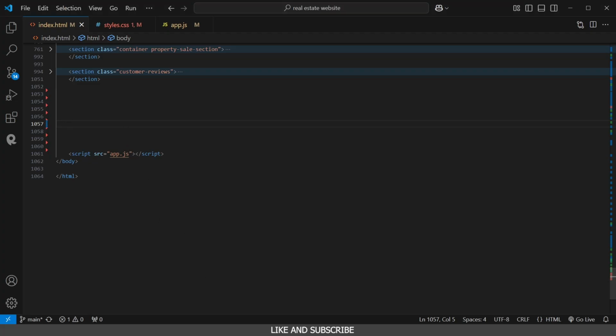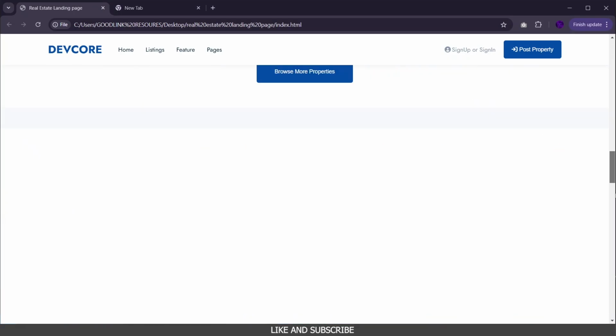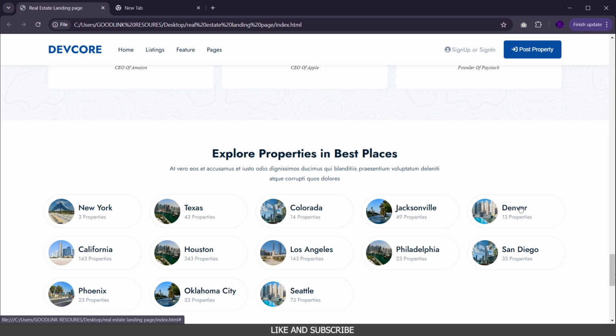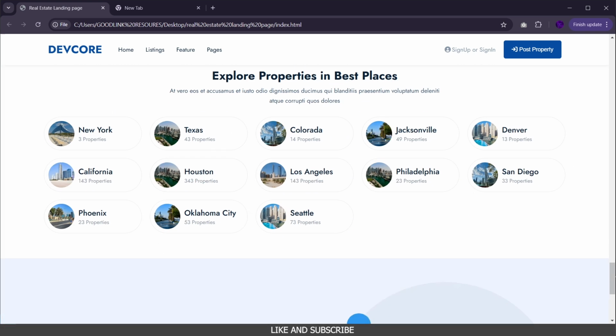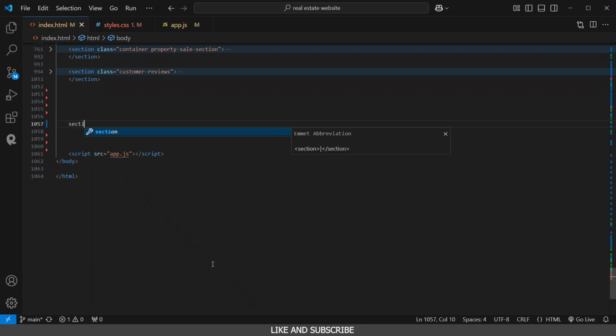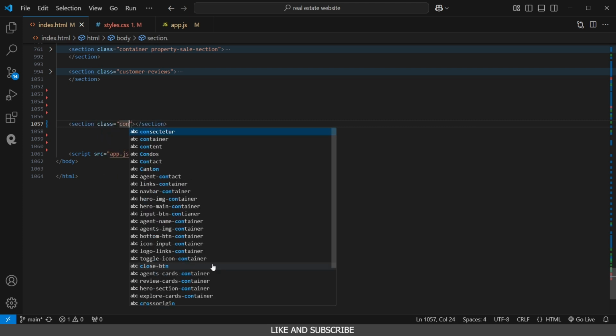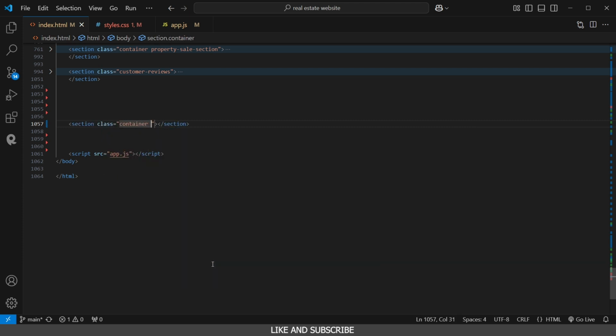Firstly, to create the first section there, the explore places section, we need a section tag. Down here, we're going to create a section tag, and it's going to have a class, and the class here is going to be container to make it responsive, and the main class, which is going to be explore best places